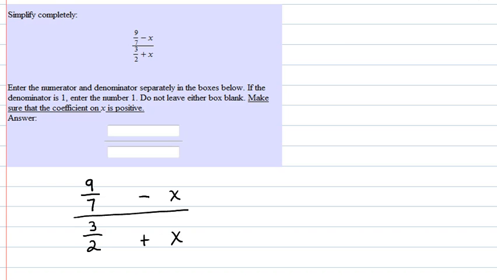Okay, here we have a complex fraction, and it's basically just asking us to simplify it. With all complex fractions, the first step is to get rid of the complex part. In other words, get rid of the fractions within the fractions, and then see if it simplifies. In this case, to do that, we multiply each denominator and numerator by the common denominator of all